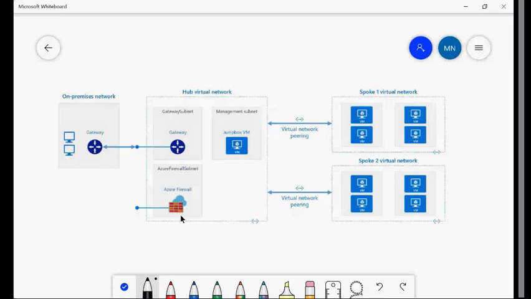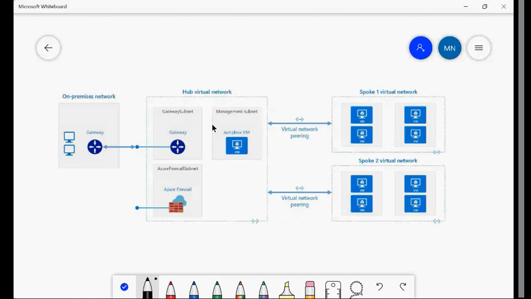Whenever I am building my first VNet, it is called the hub VNet, and later I will add the second VNet, third VNet, fourth VNet, and then connect them to the central VNet. That way, if my on-premises wants to talk to VNet 1, it will pass through this VNet and connect here. Any communication will pass through this hub. That is the reason we call it the hub, the central VNet. You can have any number of VNets created around your hub VNet. If you want to add or remove, it gives us flexibility.